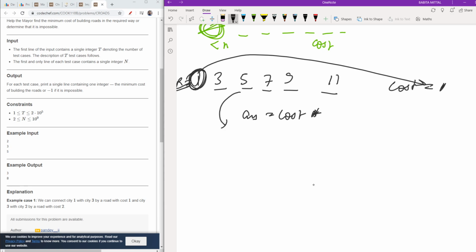As you can see, the range which is available here is an AP. So I will have 1, 3, 5, 7, 9, 11. So the common difference, what is it? It is 2, which is 3 minus 1. Okay, so pretty fine.